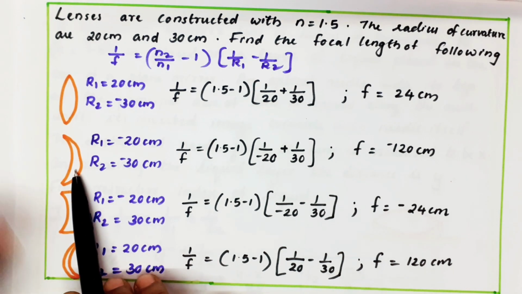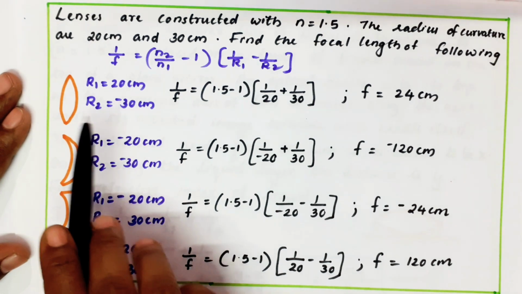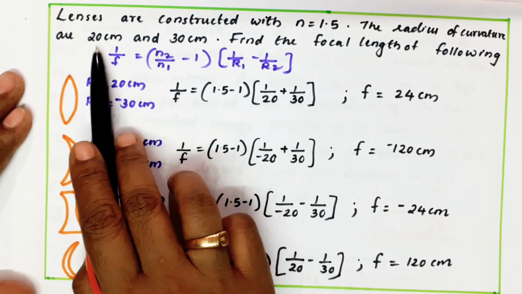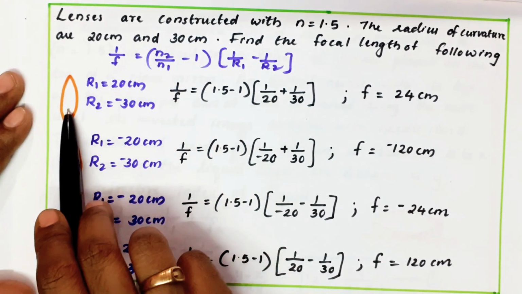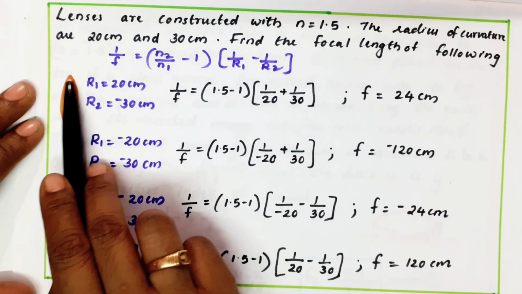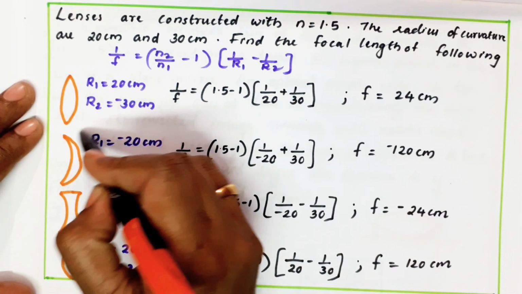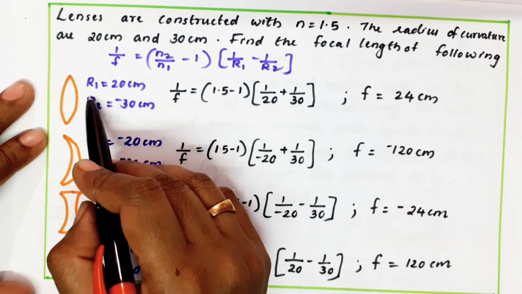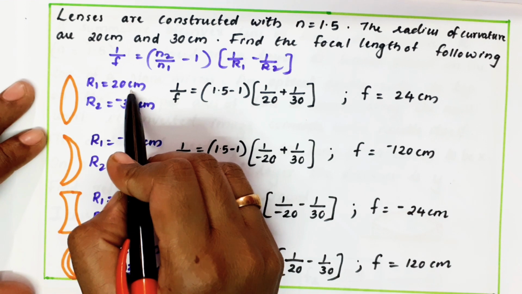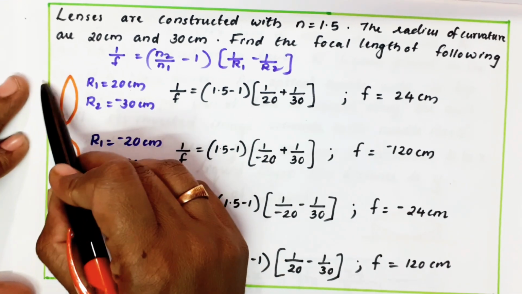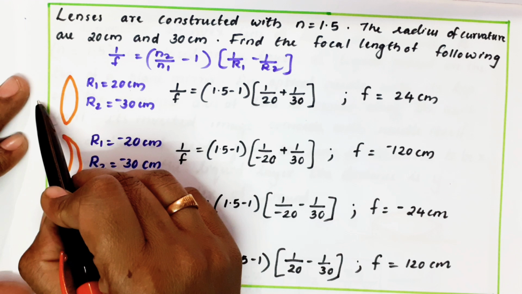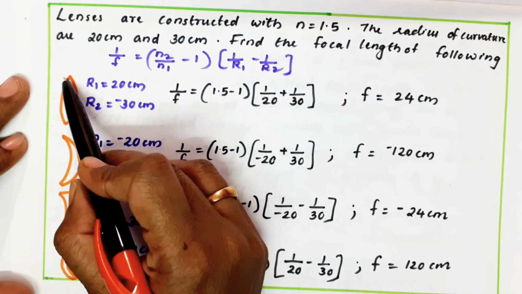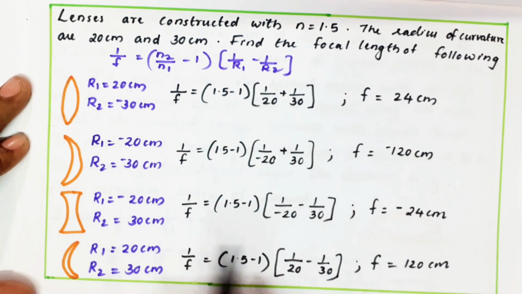So now you see here, in a convex lens, they gave the magnitude only, 20, 30. Depending upon the diagram, you should take the sign. In this case, if you take this as a radius, this should be positive and this should be negative. So I can take R1 as 20 and R2 will come like this. The radius of curvature goes in the opposite direction. So one radius means if you make this a curved surface, you will get it like this. If you make it this one, you will get it in the opposite direction.